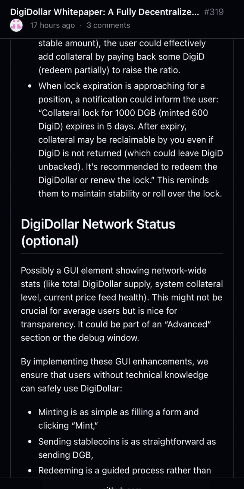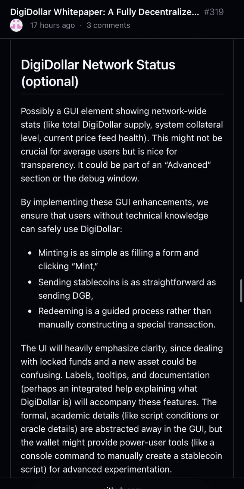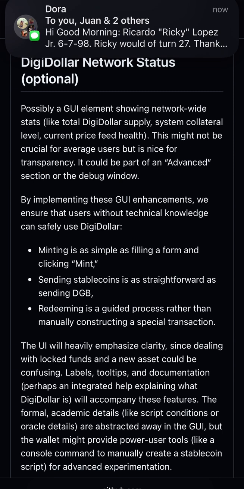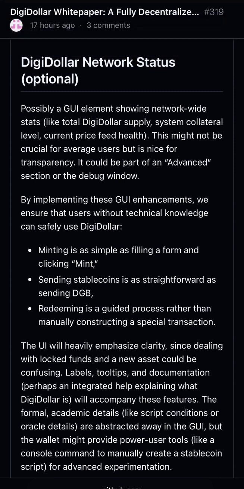After expiry, collateral may be reclaimable by you even if DigiDollar is not returned, which could leave DigiDollar unbacked. It's recommended to redeem the DigiDollar, or renew the lock. This reminds them to maintain stability, or roll over the lock. DigiDollar network status, optional: possibly a GUI element showing network-wide stats, like total DigiDollar supply, system collateral level, current price